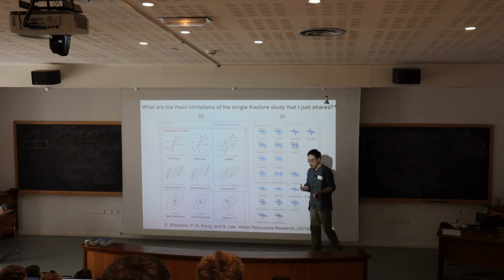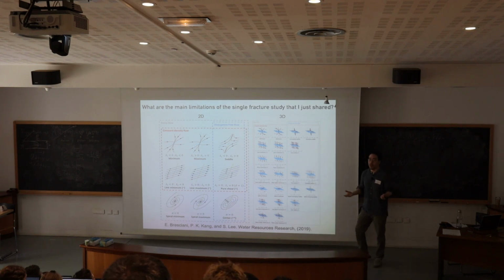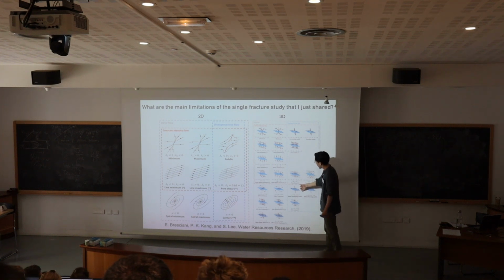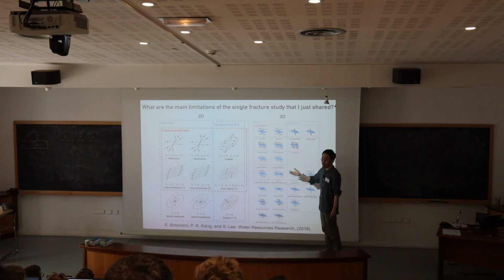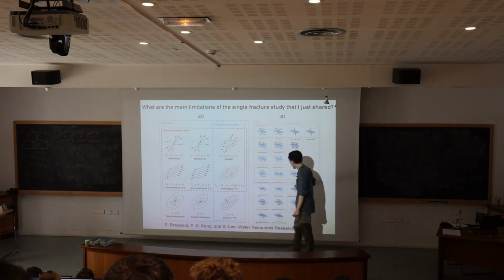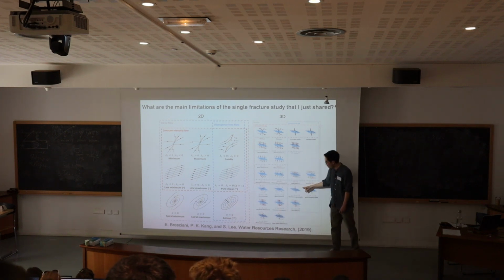And initially, when I was collaborating with him, I was really into fractures, and I was not interested in homogeneous Darcy flow. But as I talked to him, I got really intrigued. And when I saw this, I was thinking, if this kind of crazy 3-dimensional flow can occur in Darcy flow, imagine in inertial laminar flow. I was convinced that we would be able to see manifestation of this 3-dimensional flow pattern in inertial laminar flow